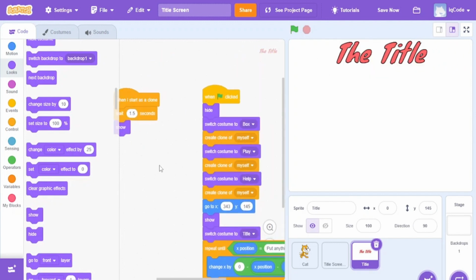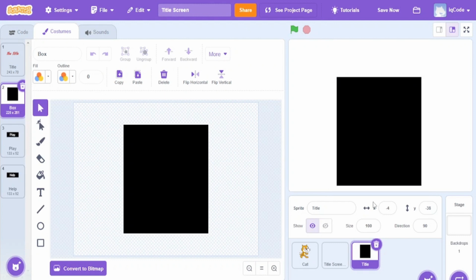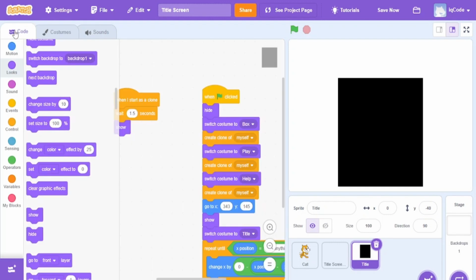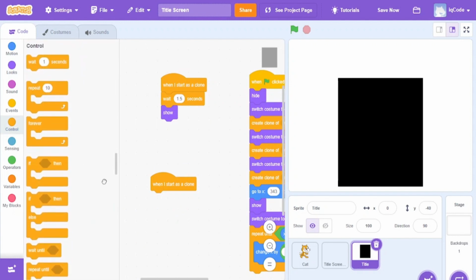Now what we'll do is we'll see the costumes and the box. Let's say it's the box. I want this to be 0 and this to be -40. I will make the box go there, and that's what I'm going to do when I start as a clone. If, control, if that,